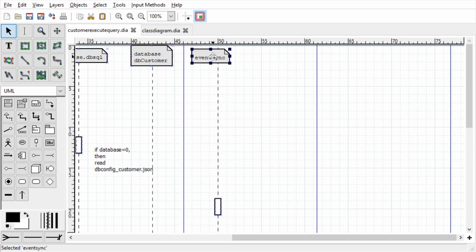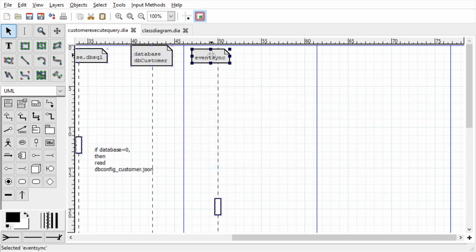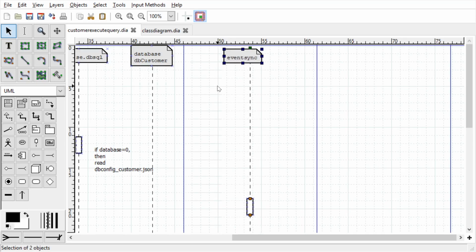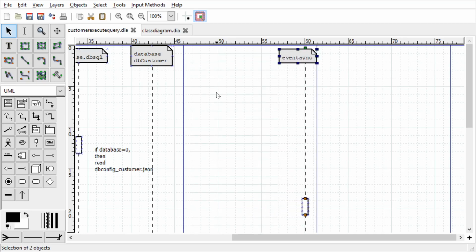No, it will be, right, event sync. Before event sync we use the object which is J event client. So we create another transition.